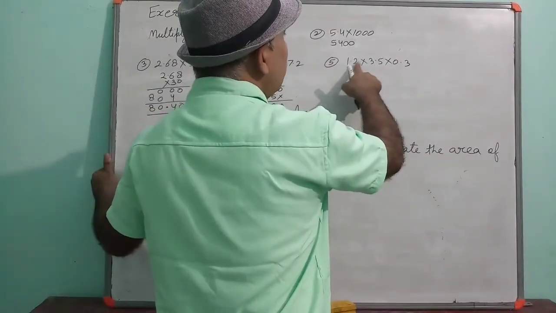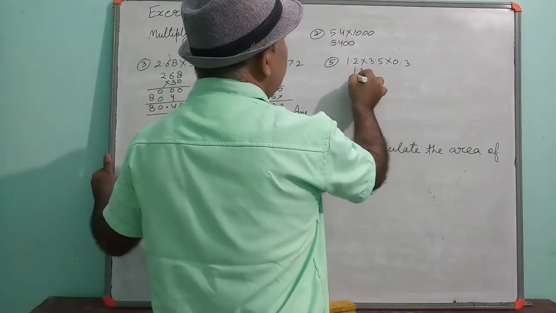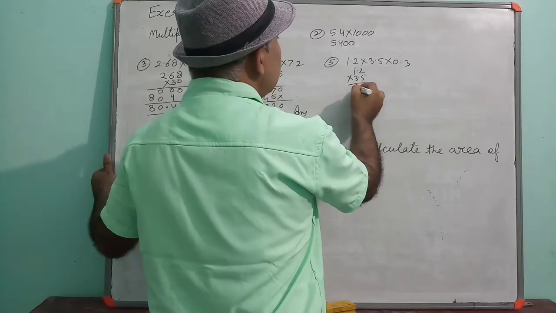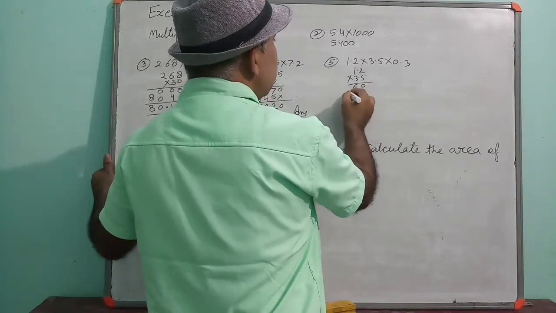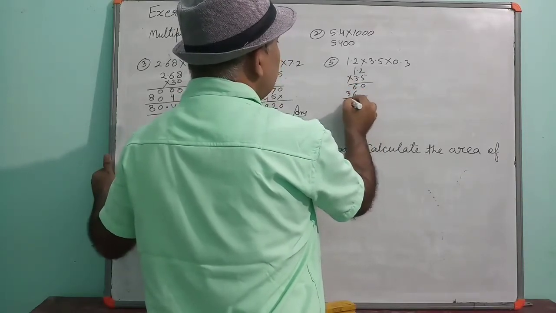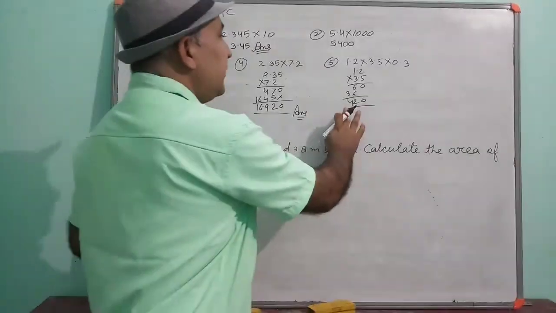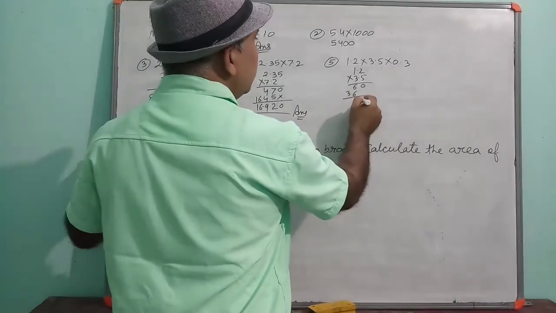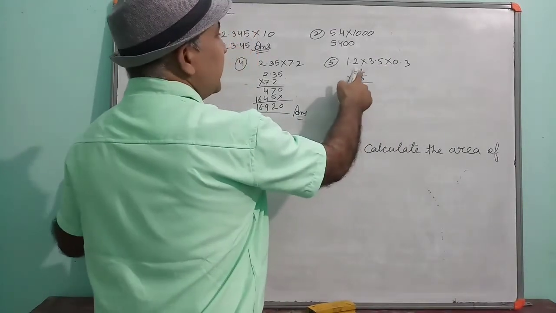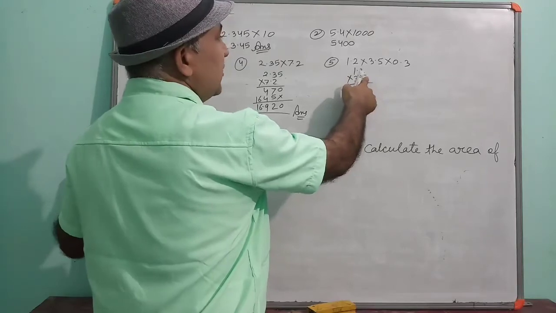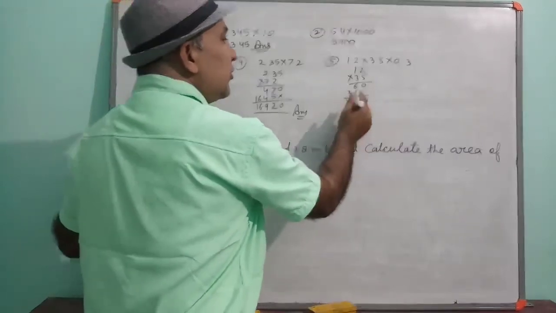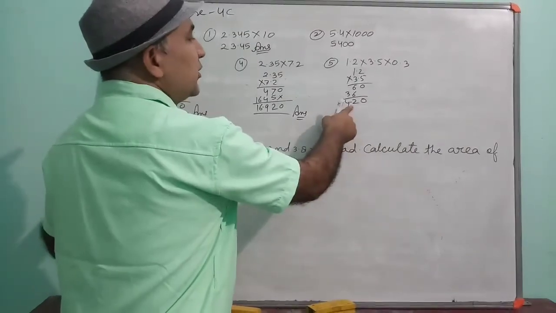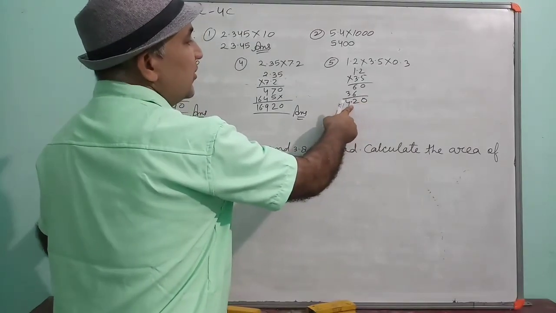Now see here. First multiply 1.2 and 3.5. 5 into 2, 10. 5 into 1, 5, plus 1, 6. 3 into 2 is 6. 3 into 1 is 3. Simple multiplication you have done. Now you have to check where to put the decimal. Okay. After the decimal 1 digit, after the decimal 1 digit. Total 2 digits are there. So in your answer also after the decimal there should be 2 digits. That means you will put the decimal from the right hand side after 2 digits.